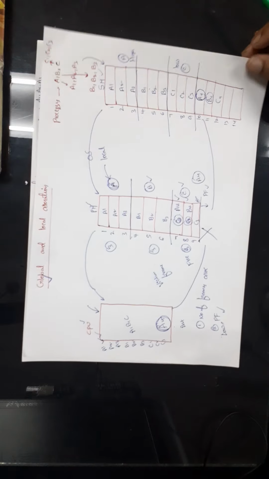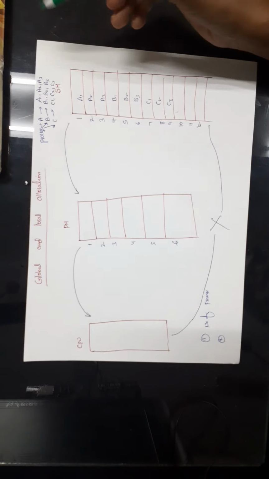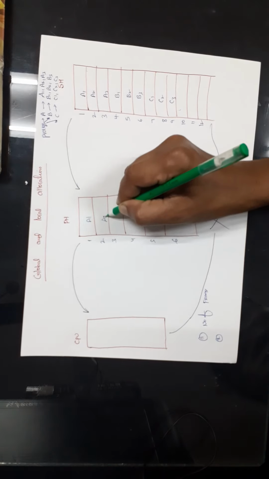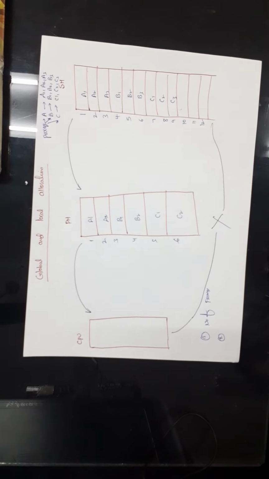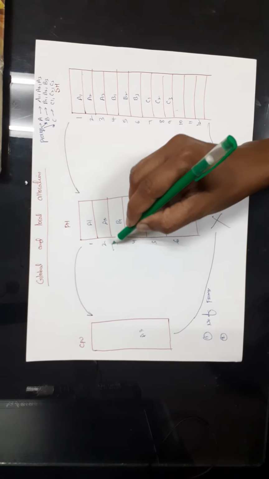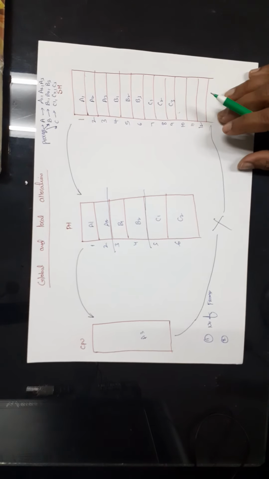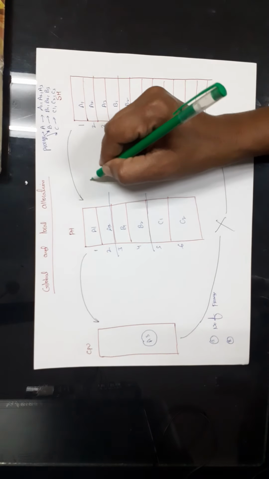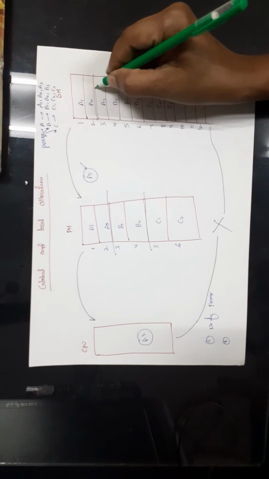Now I will explain what is local allocation. So in local allocation, let us take the same example. Now let us assume that the CPU has requested for A1, A2, then it has requested for B1, B2, then it has requested for C1, C2. Okay, after some time the CPU has requested for A3. Now if you observe, 2 frames are allocated for A, 2 frames are allocated for B and 2 frames are allocated for C. So now when there is a request for A3, this is process A data, right?